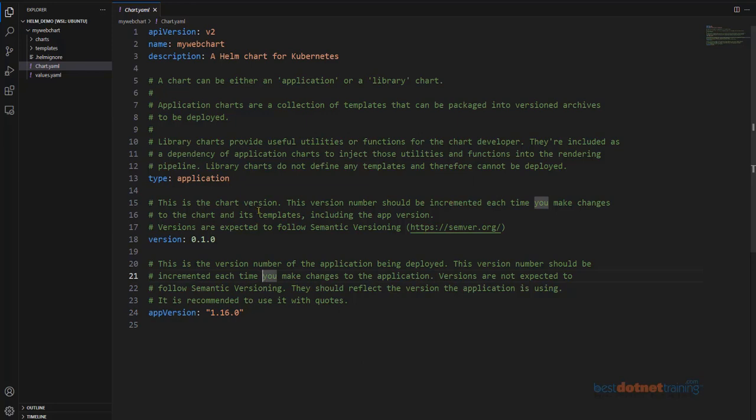At the top is the API version. That is basically decided by Helm. We should not touch that. It should be whatever is generated, and that depends on the version of Helm used. We're not supposed to touch that. Next, you have another version, but this is only version. At the top was API version. Now this is only version. This is called the chart version.